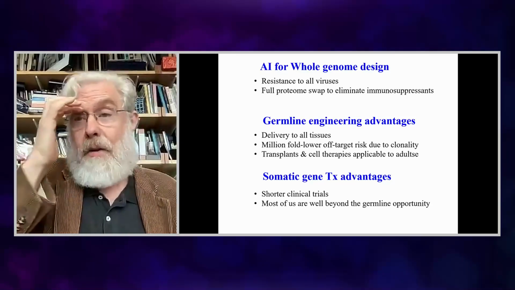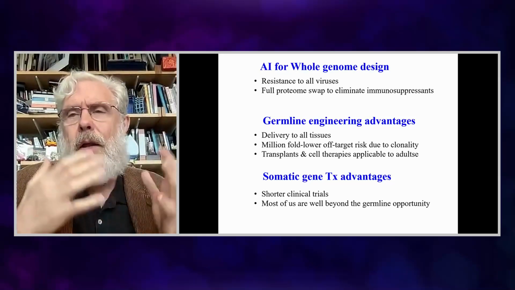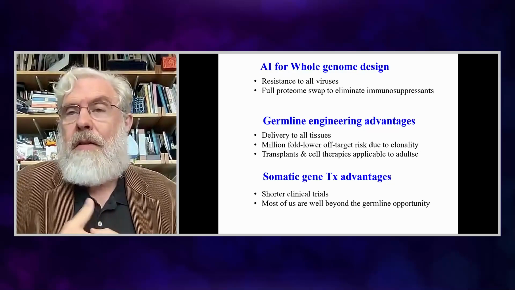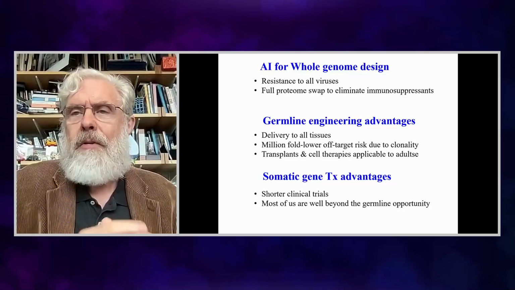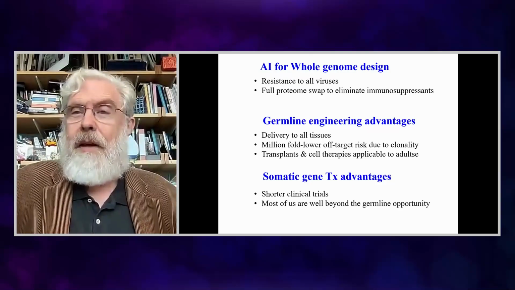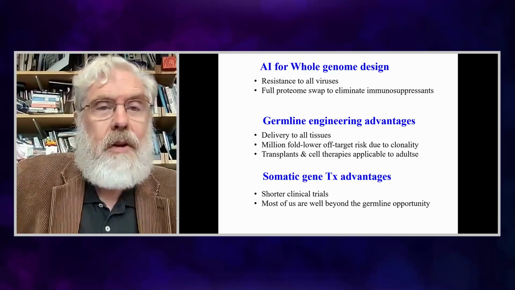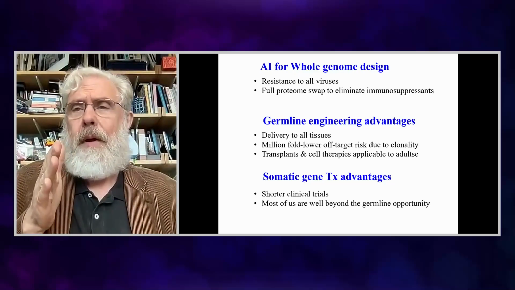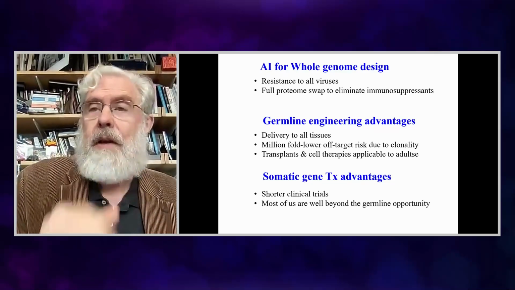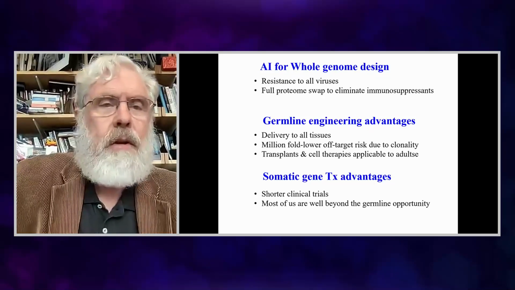Very short clinical trials. If hypothetically you could do some kind of germline in humans, and you wanted to prevent a late onset disease like Alzheimer's, it would take you 70, 80 years to do the first round of testing. And if you needed to refine it, you'd have to go back to square one in another 70, 80 years. While if you're just trying to reverse the very early stages of a late onset neurodegeneration, that's a normal length clinical trial.